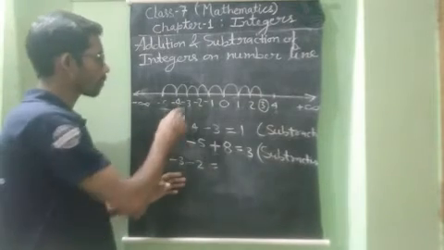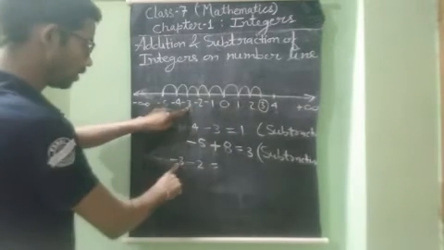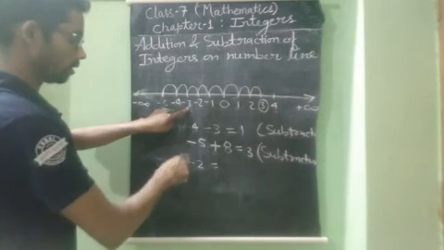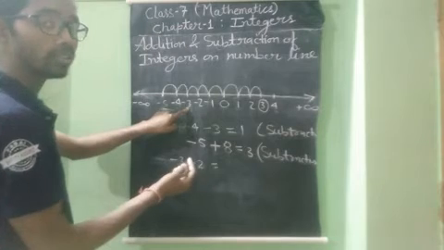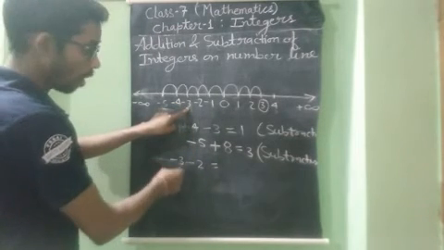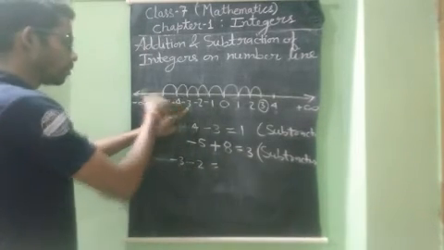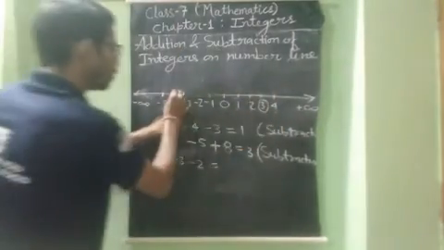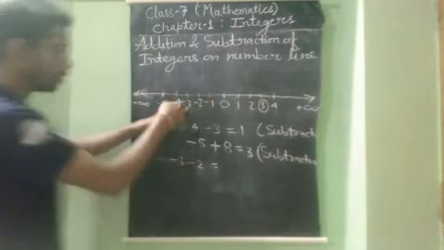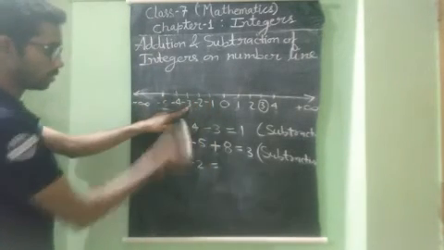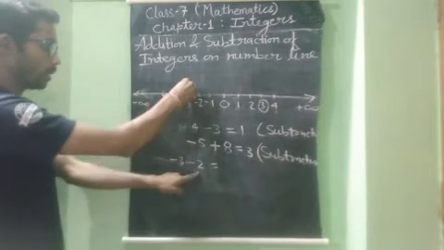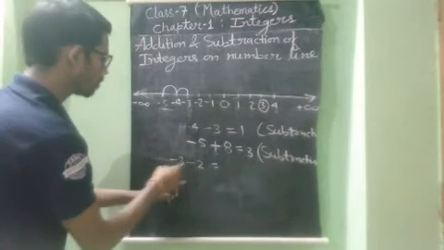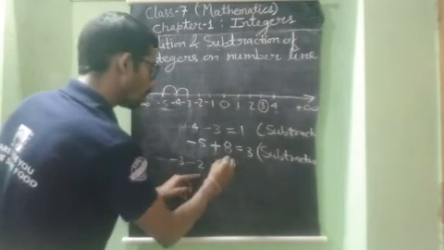So let us add -3 and -2. We have to add -2 on -3. -3 is here, and -2 means we have to go to the negative side of -3. How many times? 2 times. The negative side of 3 is what? Left side. So from 3, 2 times: 1, 2. This is the negative side. So -3 + -2 becomes what? 5.